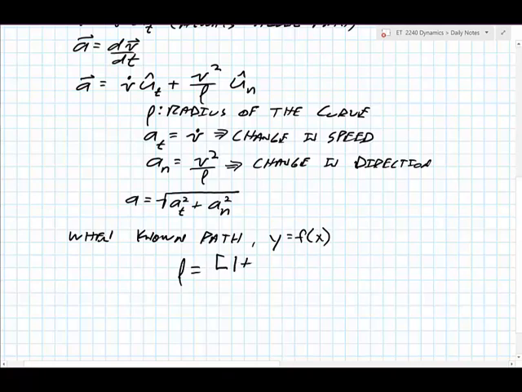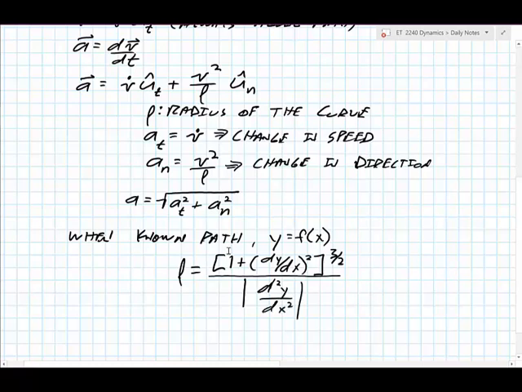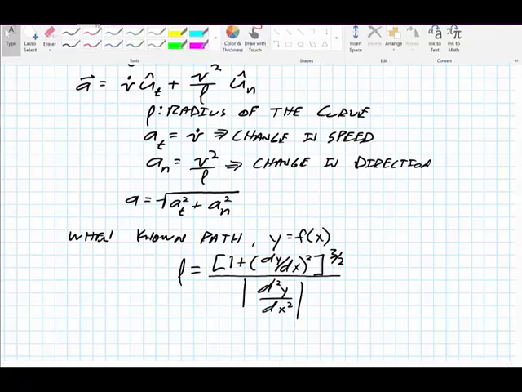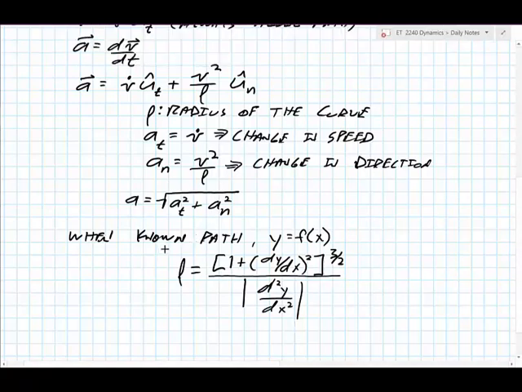It says that rho is equal to 1 plus the derivative of y with respect to x, that whole quantity squared, this whole numerator value to the 3/2 power, divided by the absolute value of the second derivative of y with respect to x. So that's another equation for just the radius of curvature, and that one is derived in the Hibbeler textbook,